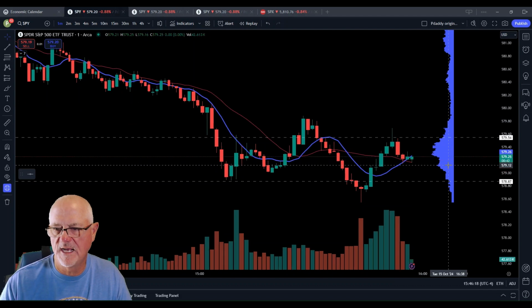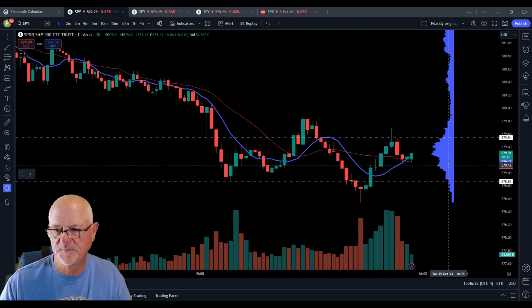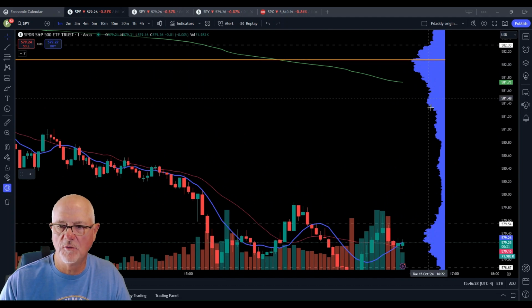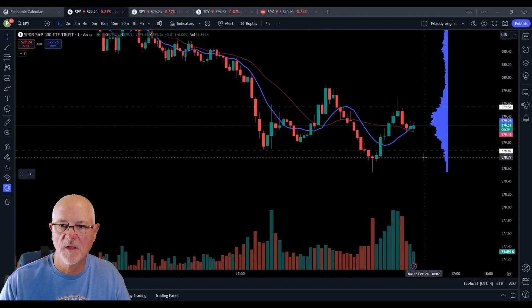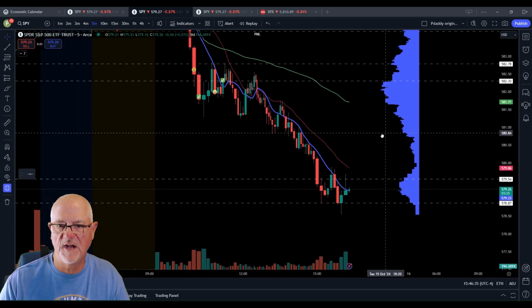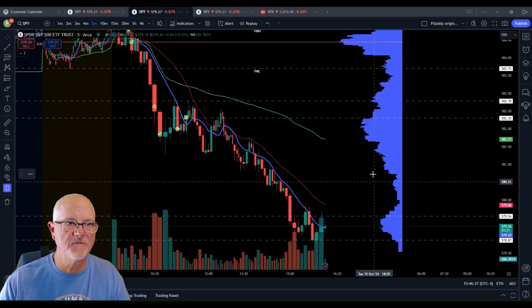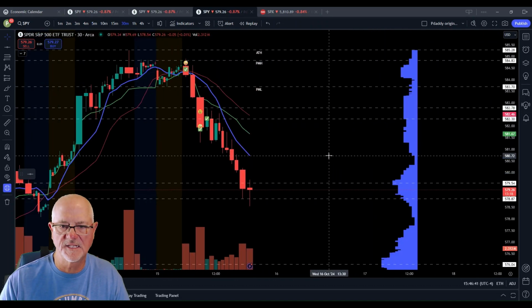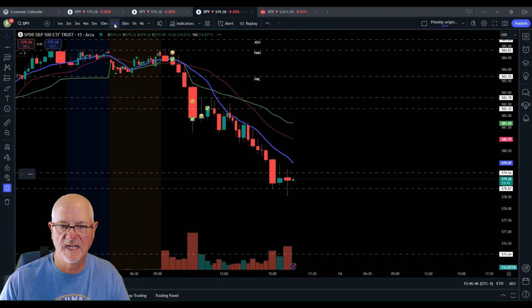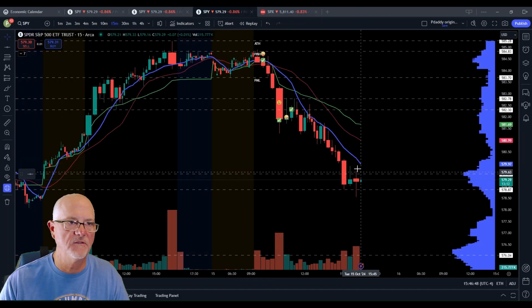If we're going to use that as support, great. If we get below it, we're going to use that as resistance. We've got the POC sitting way up here at 582.08. The 5 minute looks like that, folks. There is your 5 minute look, trying to get the fishtail on the 5 minute. The 30 minute looks like this. We got a tail, a wick on this 30 minute stick right here. The 15 looks like that. So that is what we're doing right now, folks.